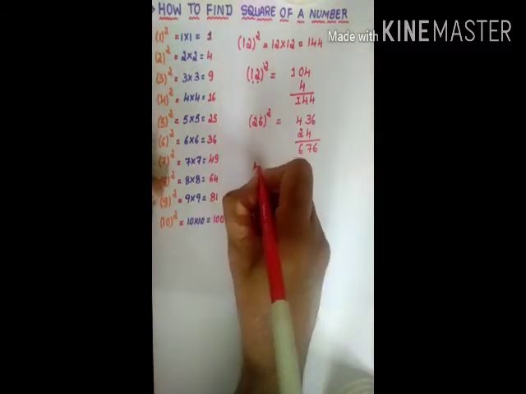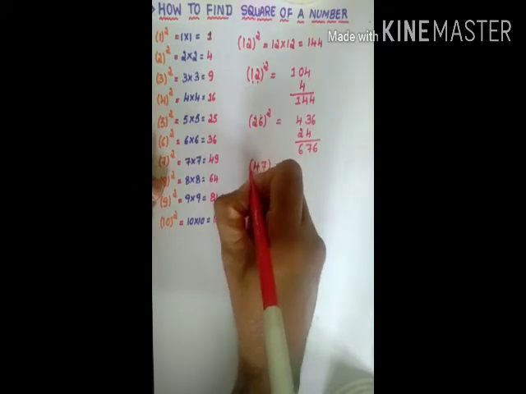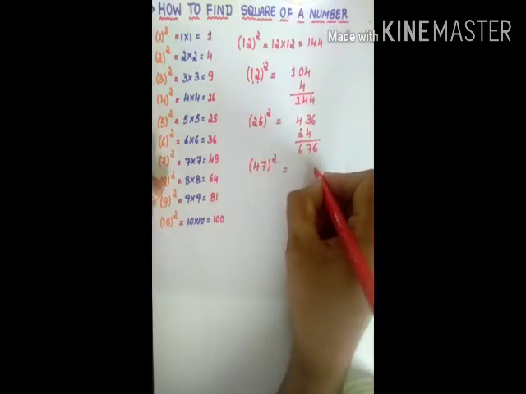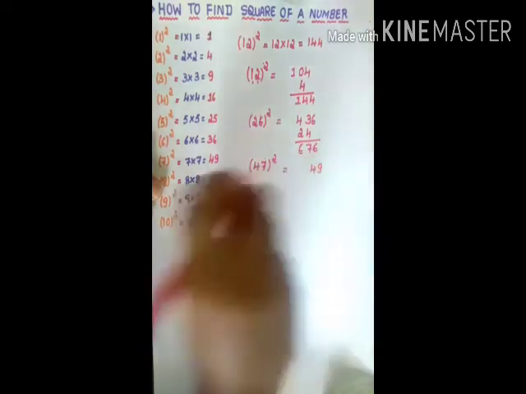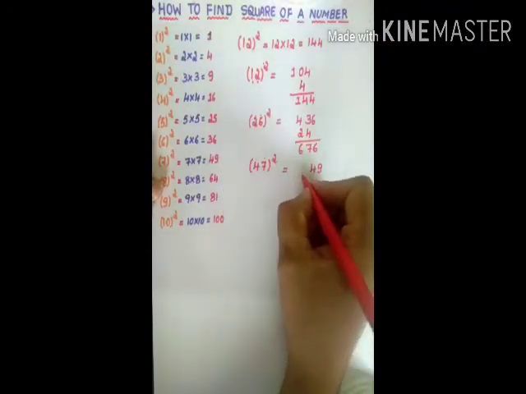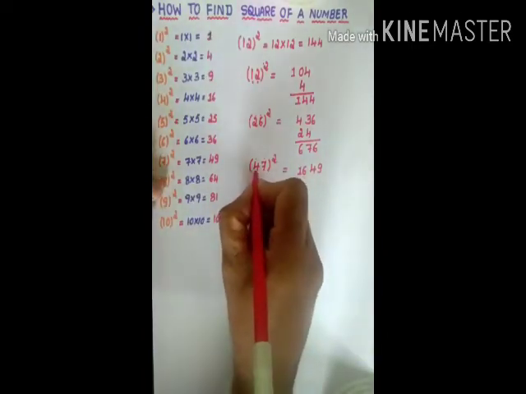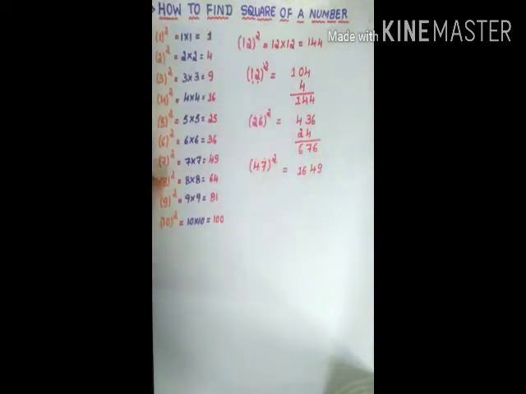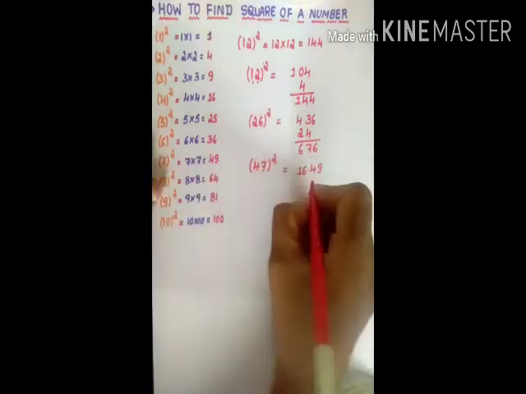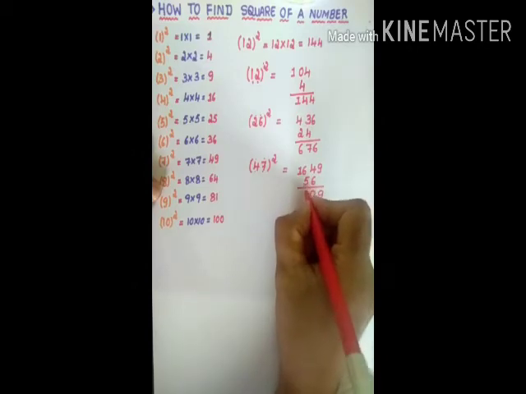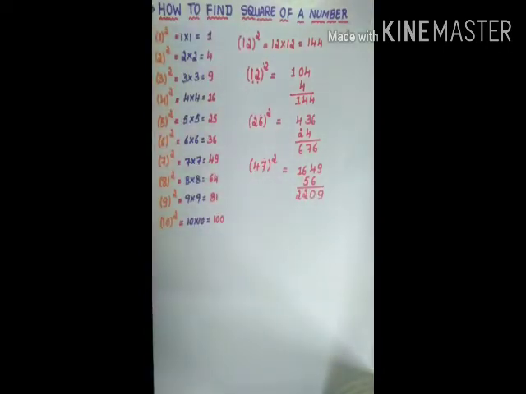After that I can take another increasing number, 47 whole square. First you make the unit digit square. 7 square is 49. After that 4 square is 16. After that you can multiply simultaneously 3 digits. 4 7s are 28. 28 2s are 56. Add: 9, 0, 11, 12. Okay, 2209.